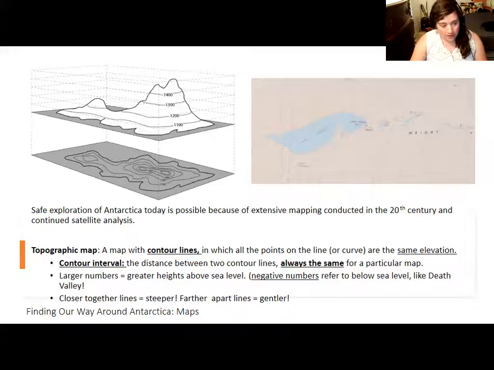However, when they are really close together, like this in the middle, that means that you are climbing. You are going just a little bit of horizontal distance and going up, up, up. And it might be a little hard to see in this broadcast, but likewise, you can see that the lines are spread apart near Lake Vanda, which is on a plain, and they get closer and closer together on either side of it. These are the mountains on either side of the Wright Valley, which is where I was based. And this is how we found our way around Antarctica.